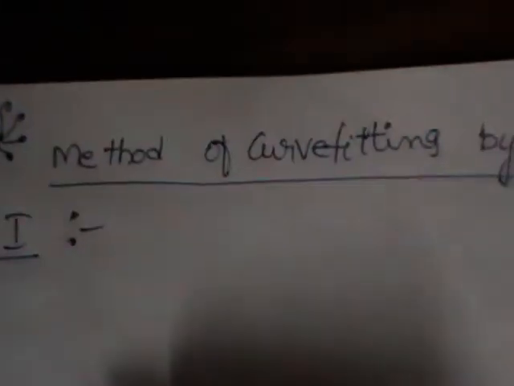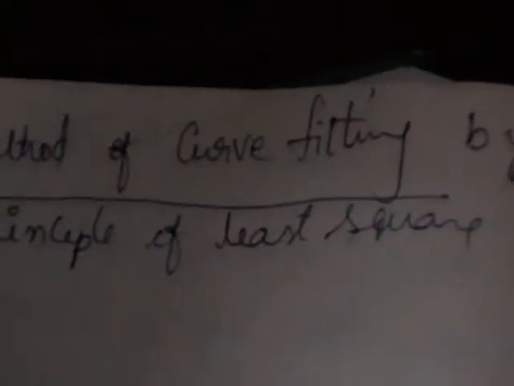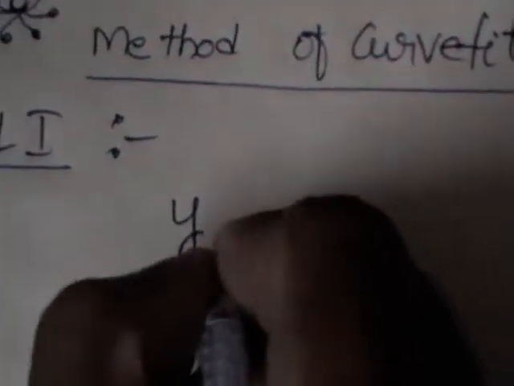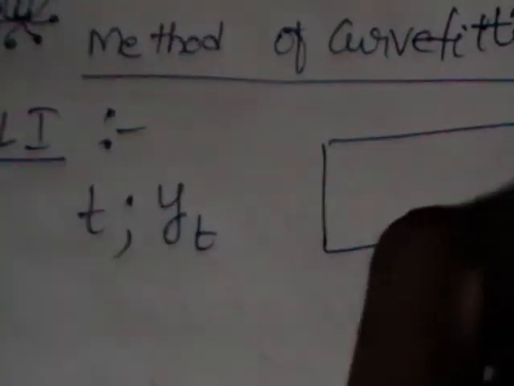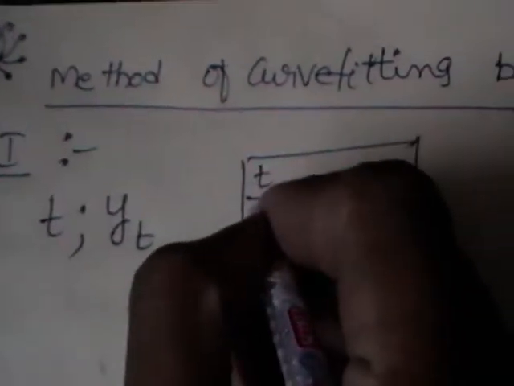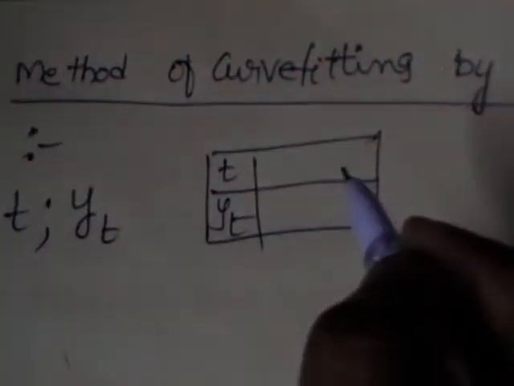So the next method in measurement of trend is principle of least squares. Already you know what is principle of least squares. Already you have read in semester 3. Now let us see what are the two variables. I said yt and t are the two variables. We represent the time series in this way by treating t as the first variable, yt as the second one.